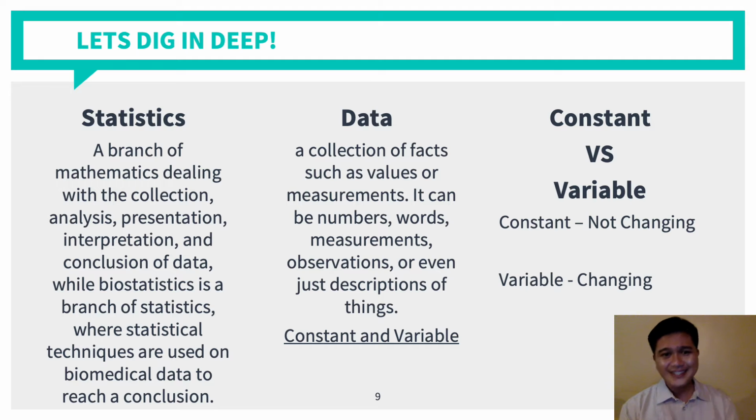So, there are two kinds of data. First is the constant data and the variable data. So, let's compare constant versus variable. Always remember that constant data is not changing. Hindi siya nag-iiba. Siya lang yung nagstay. Hindi siya umalis. Hindi siya nang iwan. Hindi siya nagbago. But then again, variable is changing. Lagi siyang nagbabago. Pwede siyang magbago. Pwede siyang mag-iba. So, later in our discussion, we will talk about variables and constants and different types of data in statistics. So, let's go down deep.